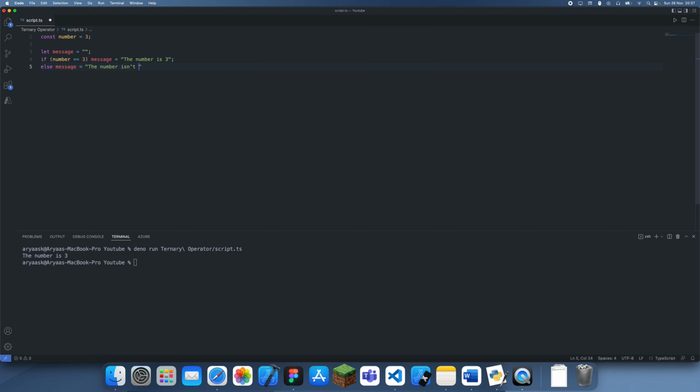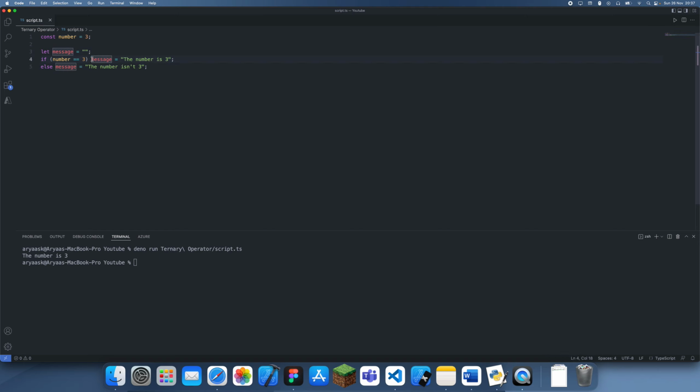the number isn't 3. So you can see here what we've had to do is create a variable message, not constant. Then we've had to create one path of the message for the message if the number is 3, and this is just the condition we're checking, and otherwise we have to create another path, the number isn't 3. And you can see altogether this took 3 lines, right? And this isn't too bad, but it can get a bit annoying if you have to do this multiple times, and just every time you want to create some sort of conditional variable assignment, you have to use 3 whole